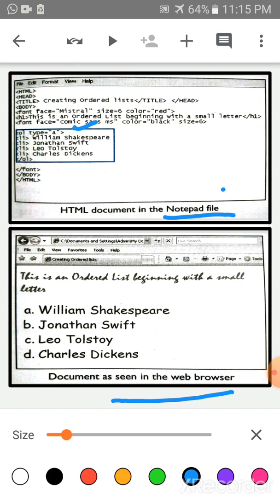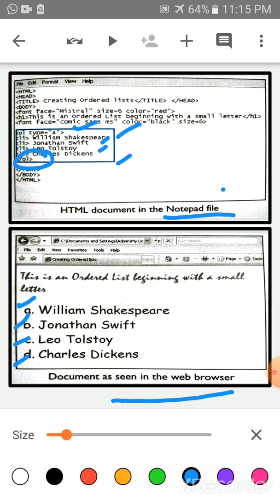So on your web page, small a, small b, small c, small d will come continuously. And write down the item names. These are the items. And lastly you have to close the OL tag. Okay. This type of web page you can see.